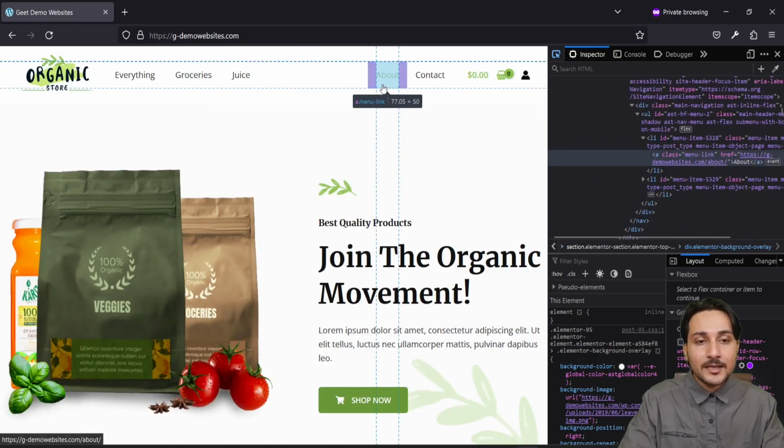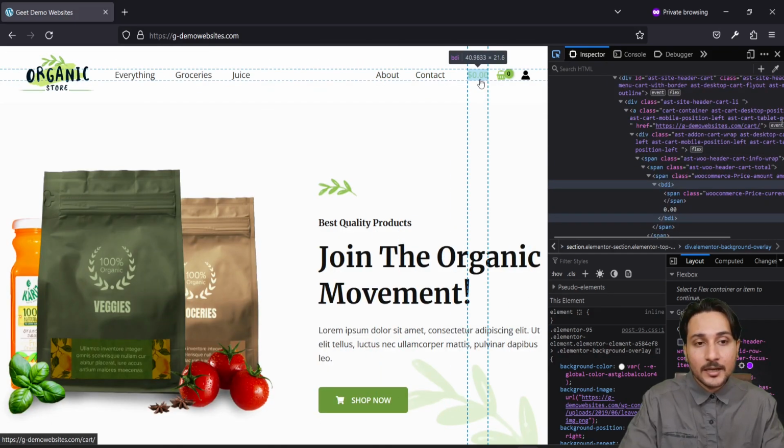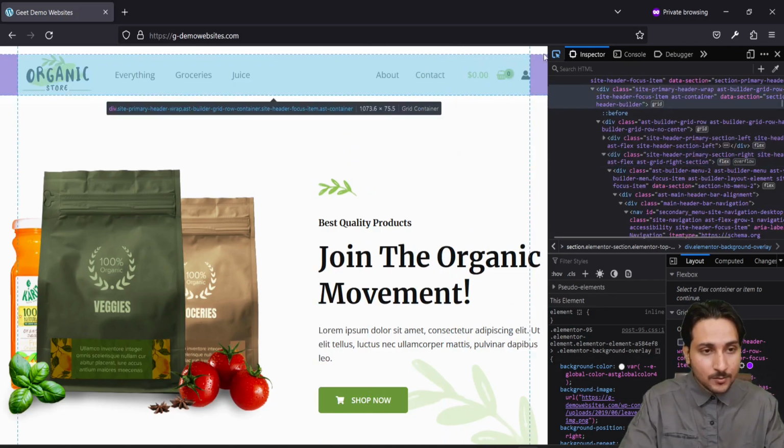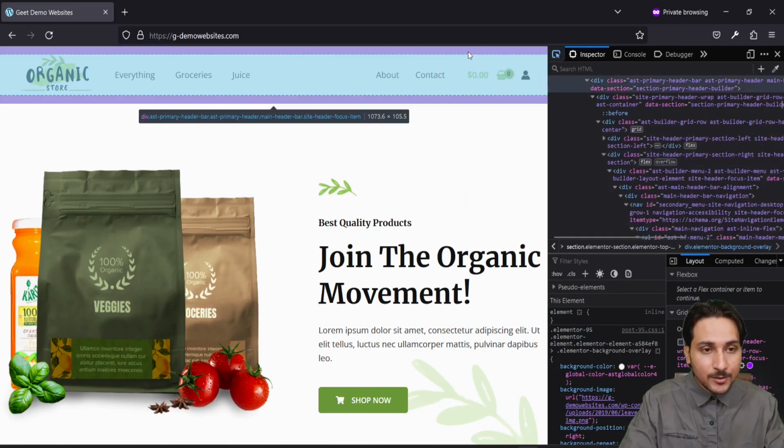What I need to do is I need to be somewhere around the header. Now I have built this header using just the Astra theme. There's no Elementor header and footer involved. But even if you have, don't worry about it. Just try to find basically what we need to do is we need to find an ID or a class of this header. To do that, just as I told you, click over here and then you need to find